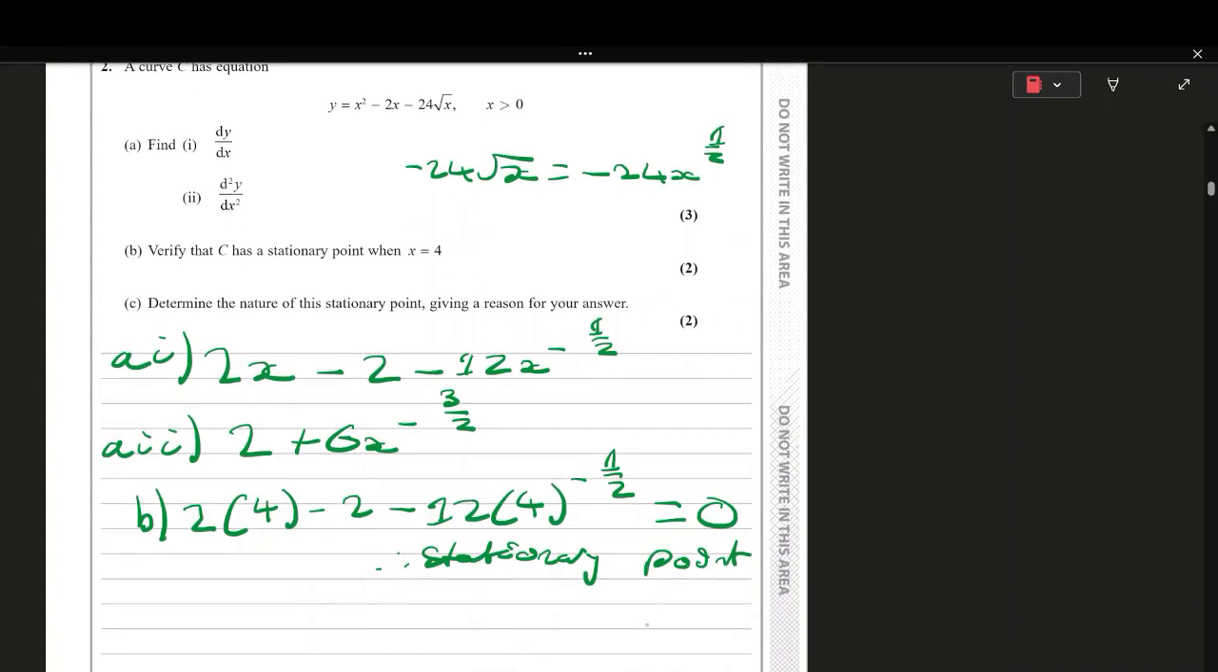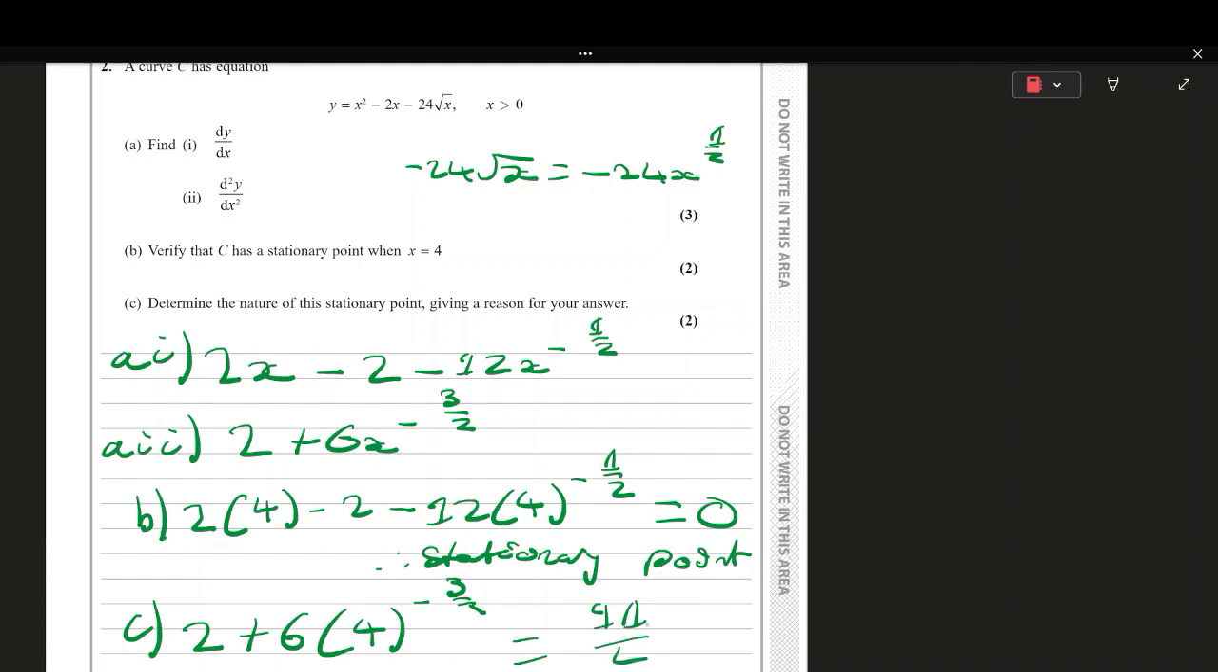And for part C, to determine the nature of a stationary point, we need to put x is equal to 4 into the second derivative. So the second derivative is 2 plus 6x to the power of negative 3 over 2. So 2 plus 6 times 4 to the power of negative 3 over 2. And that will equal, if you put it in your calculator,